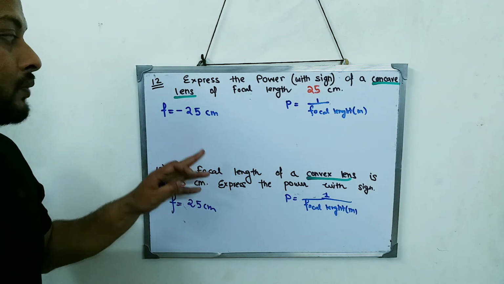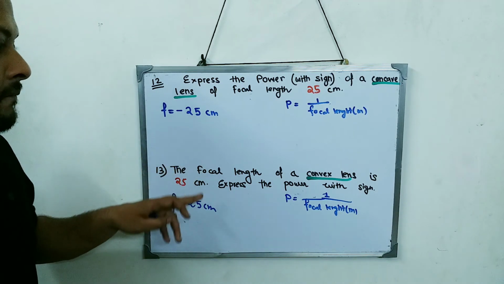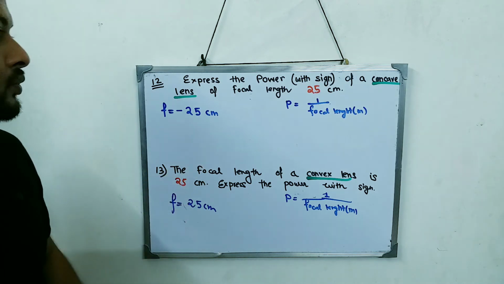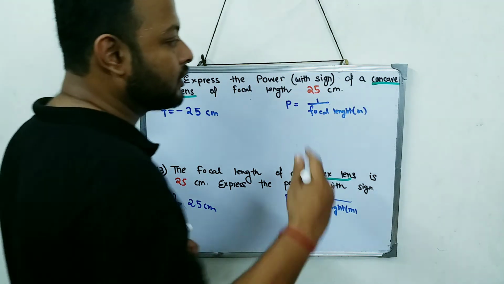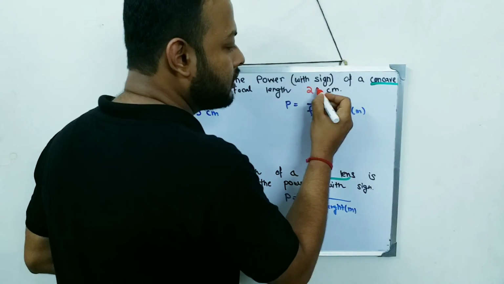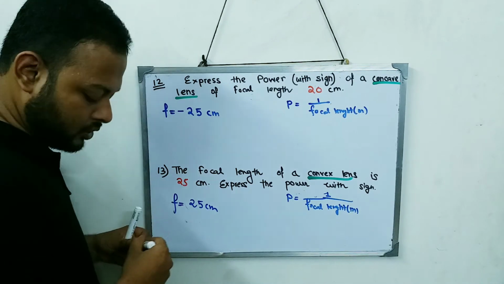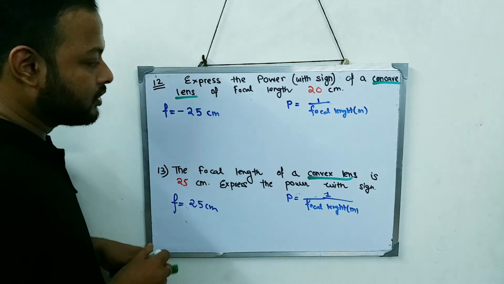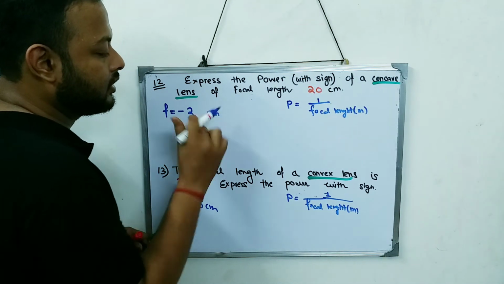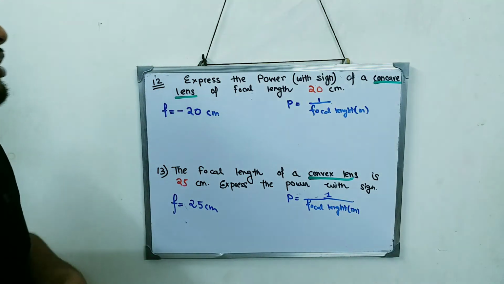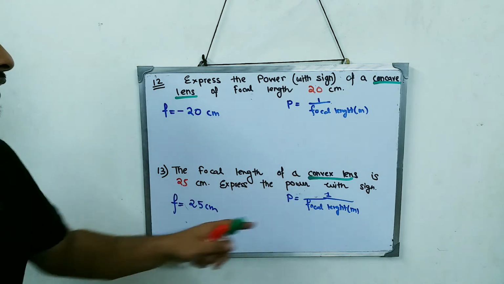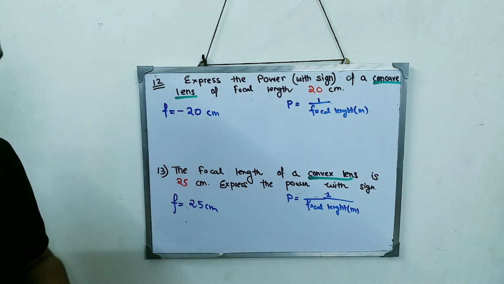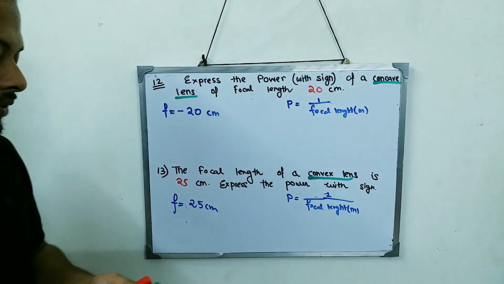Now, the focal length that we have right now over here, I think one is 25. Okay, just a second. Just a small mistake I did. In the question it is 20 centimeter. So you make the necessary changes over here. This focal length is 20 centimeter. So a concave lens of focal length 20 centimeter has focal length minus 20. A convex lens of focal length 25 centimeters has focal length plus 25. So this was one small mistake.